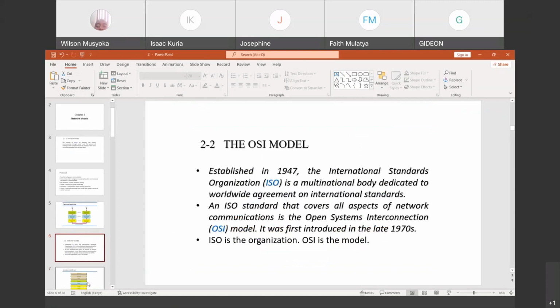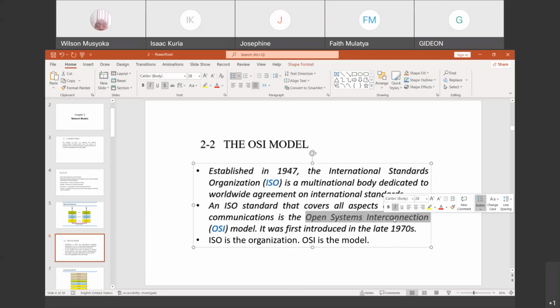But it has different kinds of standards. The one that we are interested in is the Open Systems Interconnection, the OSI. This OSI was first introduced in the 1970s, and its work is to bring about the concept of communication, or to model or to design how communication can take place in networks.